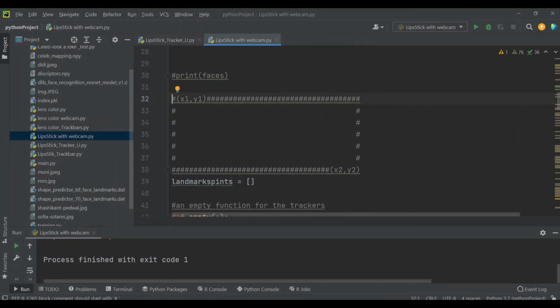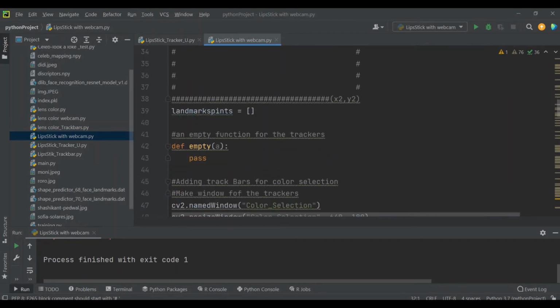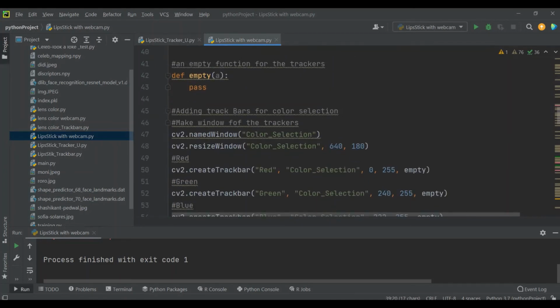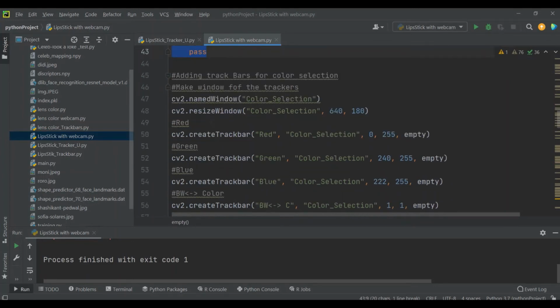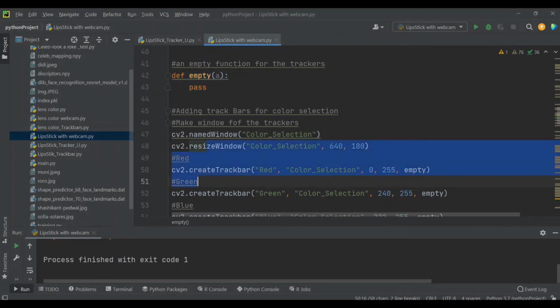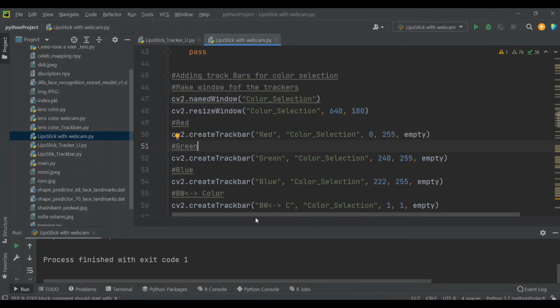We detect the face through the rectangle. The rectangle will start from the top left point until the bottom right. Okay, it will give us these 2 points, x1, y1, x2, y2. Okay, this is a list. We need it later to append the landmarks. And this empty function, we use it just like a requirement for the trackers. Okay, and then these are the trackers we use to change the